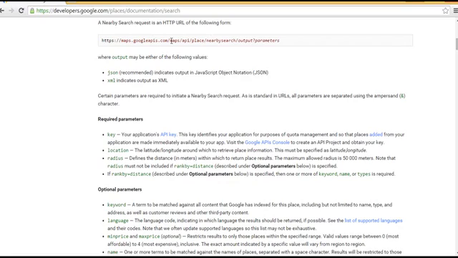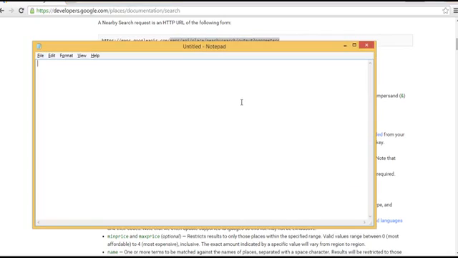In the same way here, maps.googleapis.com is the server URL, right? This was our server URL, and this is the path where you need to navigate in that server. Got it? For example, if you want to click on the images in the google.com home page, fine, so it will be like